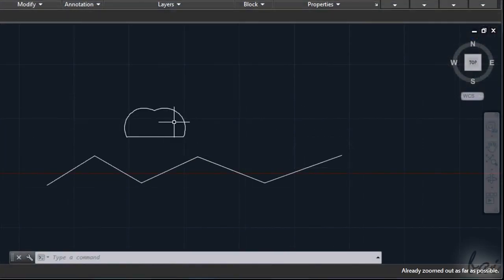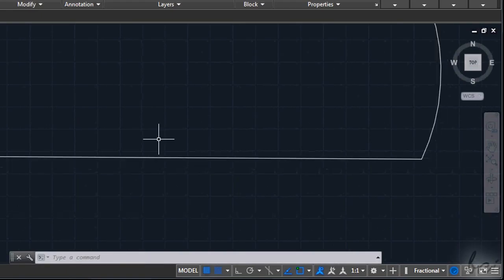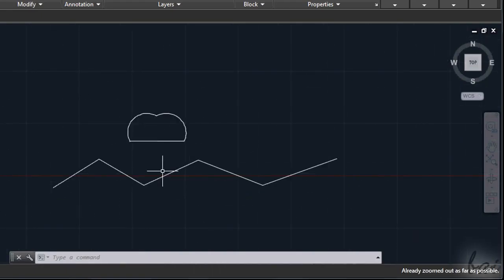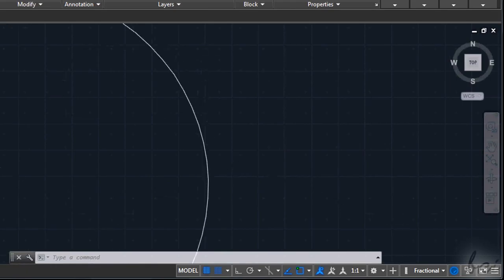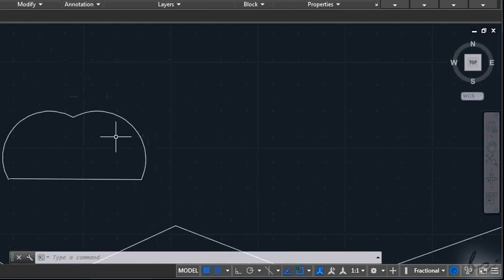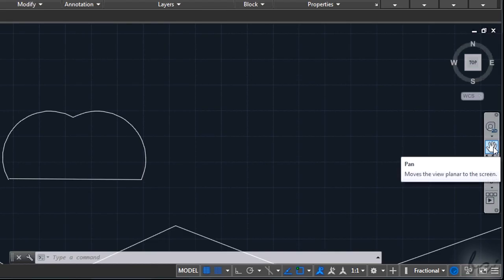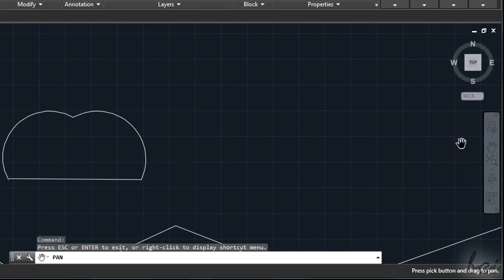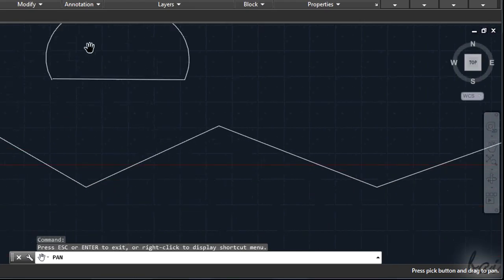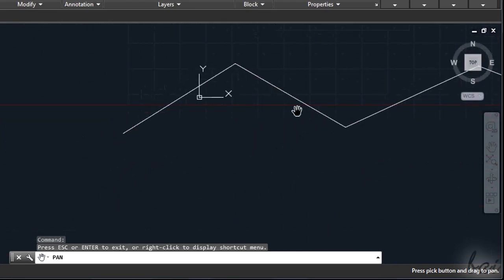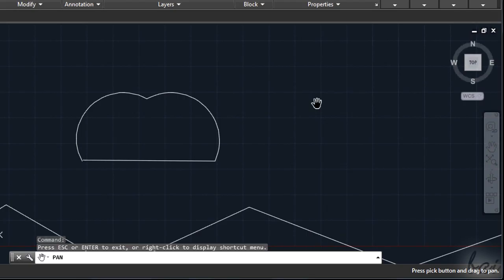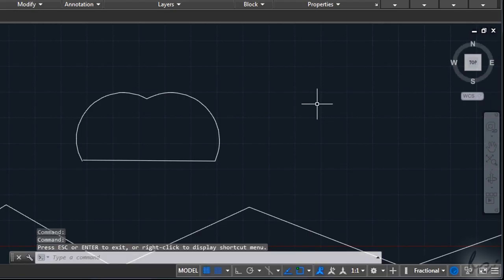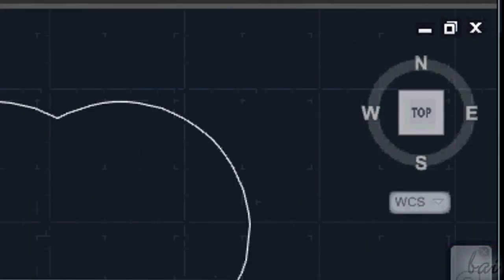Once your project is done, check it. Use your mouse wheel to zoom in and out. This can be useful to draw more carefully too. To move through your project, click on the pan tool on the right, indicated by a hand. Then just click and drag on your workspace. Use Escape to exit. Even more, you can use the 3D View cube in the top right corner of your